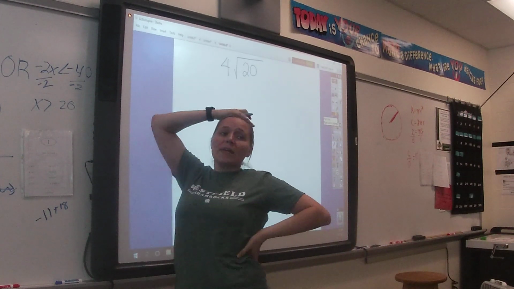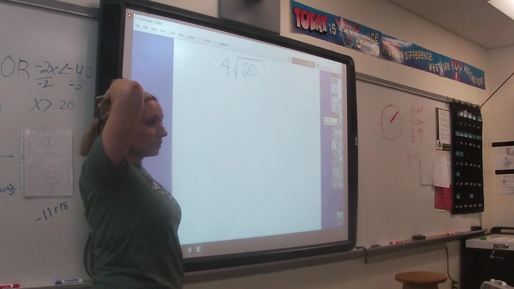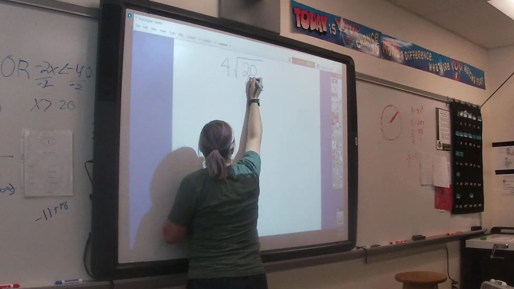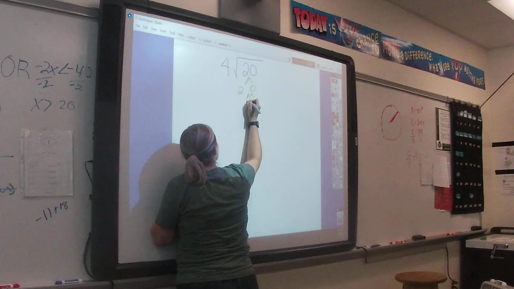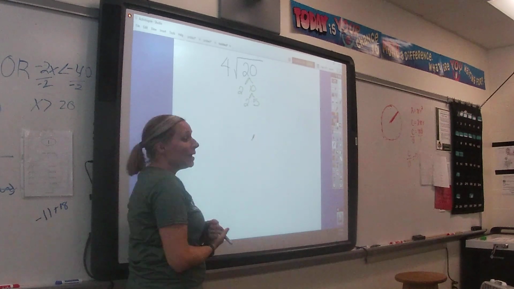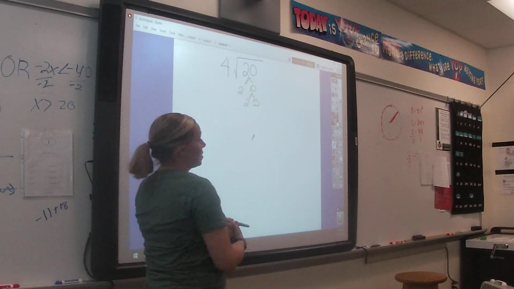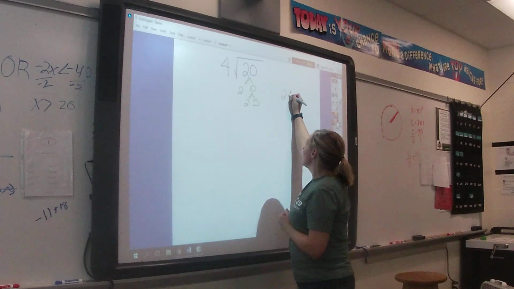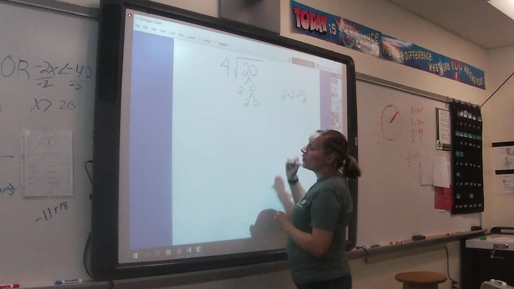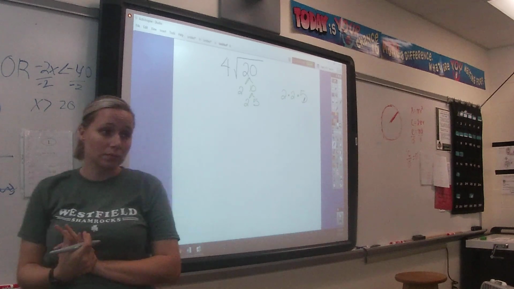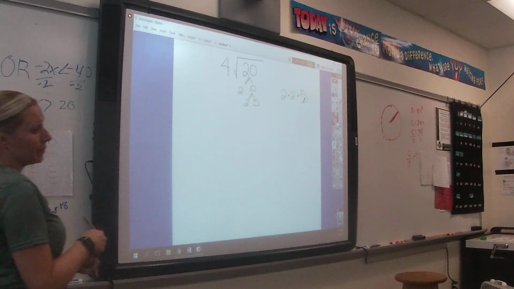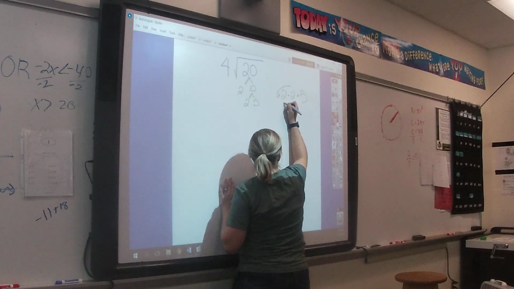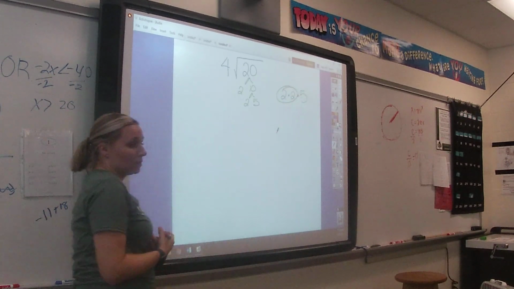So what's the first thing that we're going to do? Prime factor. Okay, so 2 times 10. 2 times 5. There's one pair. So this turns into 2 times 2 times 5. Okay, so what do we have a pair of? 2. Okay, so